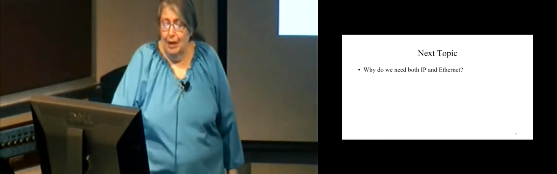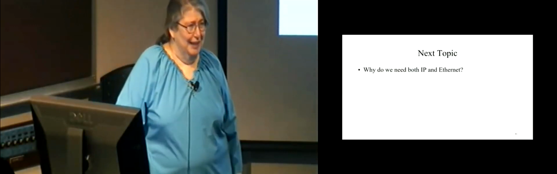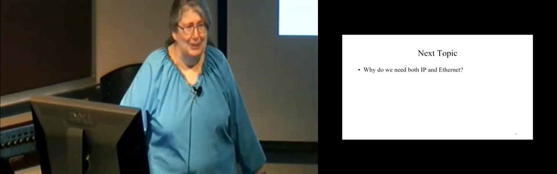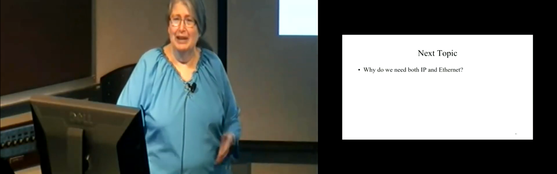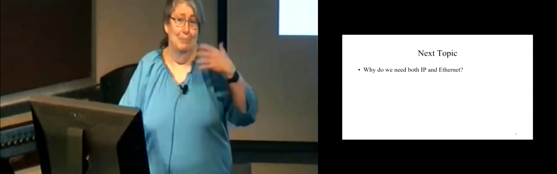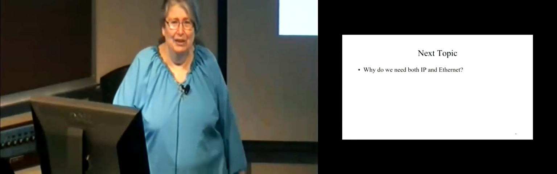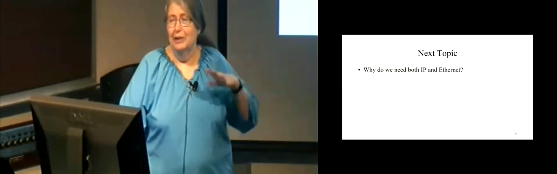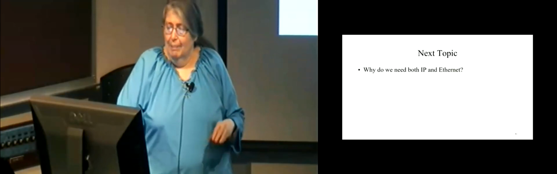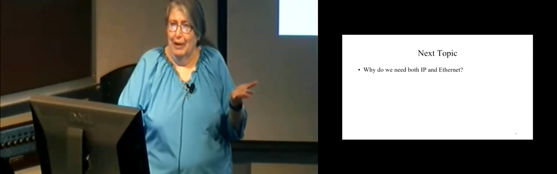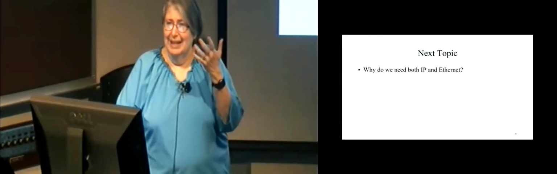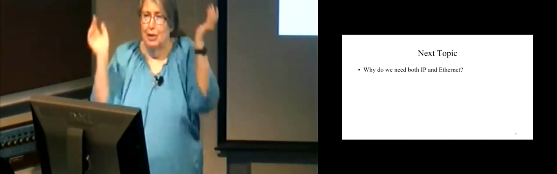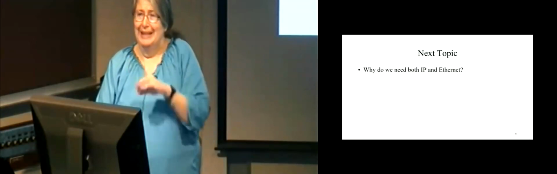So now the next topic is, why do we need both IP and Ethernet? If you ask a network person, they'll say, well, IP is layer 3 and Ethernet is layer 2. And it's like, no, Ethernet is a layer 3 protocol because it gets forwarded. It may not be a very good layer 3 protocol, but it is a layer 3 protocol. So why can't we just hook everything together with IP? And I talked about why you couldn't with Ethernet because of the flat addresses. But why do we need Ethernet anymore if it's just on point-to-point links, which it is today? There's only two. Ethernet is only between 2 nodes. There's no shared links. So what do we need this extra header for?